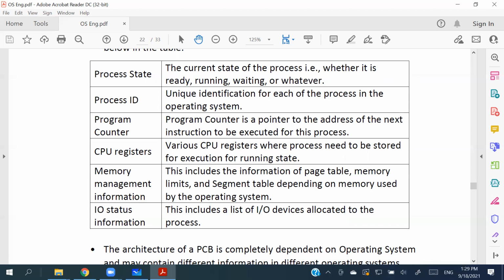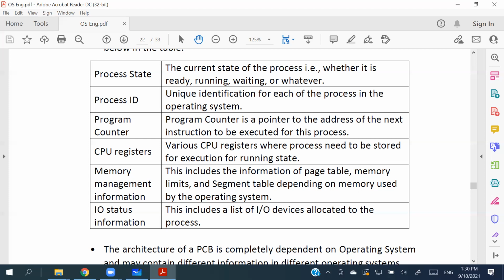So PCBs keep track of the process. Okay, now it is created, so the PCB record says created. Then it is moved to the RAM and its state changed to running, so the PCB is updated. Now it is not created, now it is waiting. Then the operating system gives the chance to run that particular process inside the CPU. So the PCB is updated: not waiting, now it is running. Then that particular process can be blocked for some reason, so the PCB updates again: now it is not running, it is blocked.